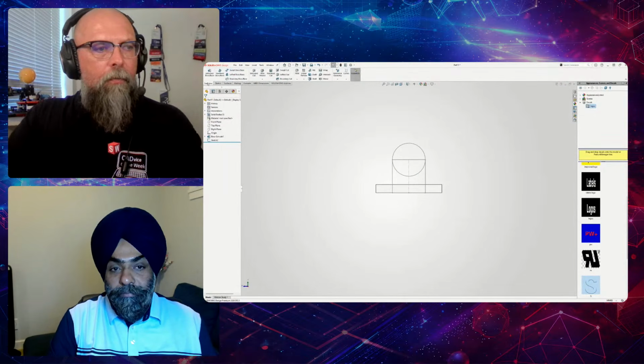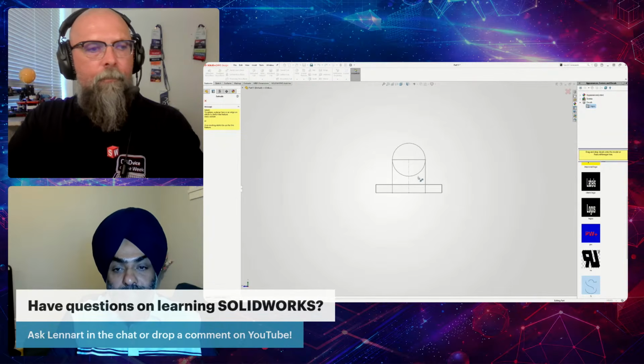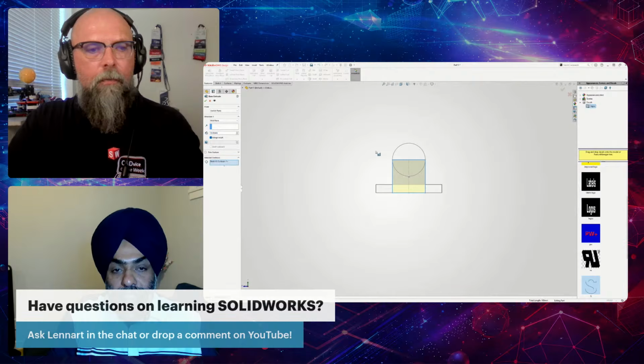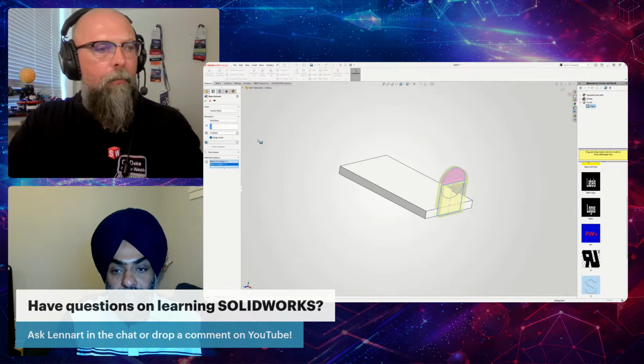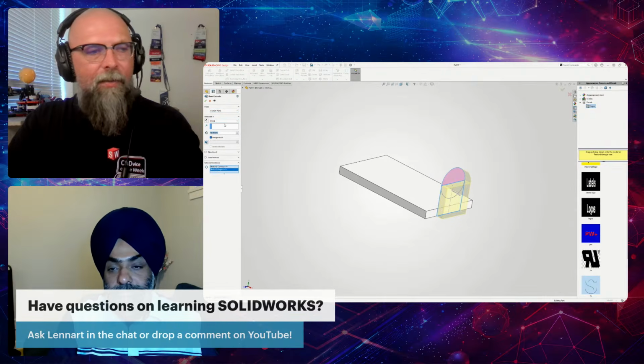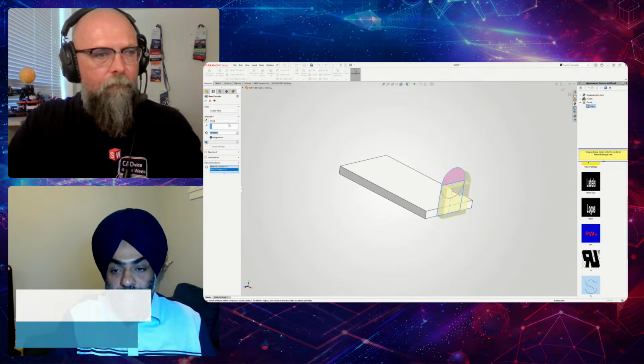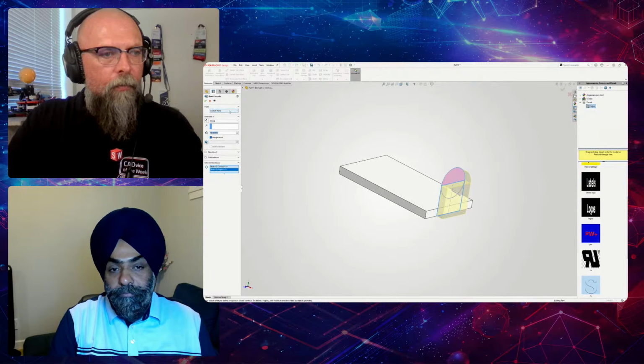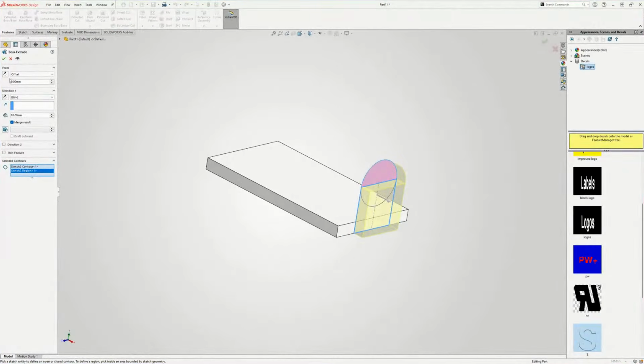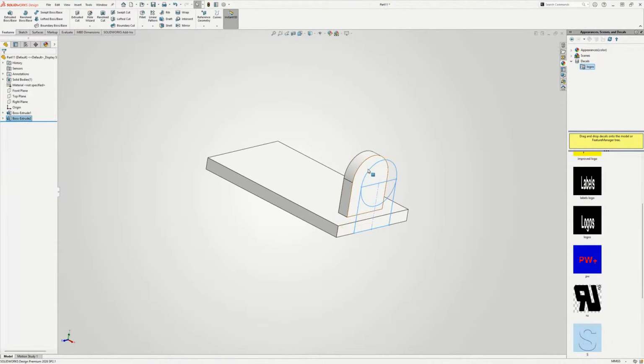So now we can say extrude again. And we want this sketch here. And this time we don't want a mid plane. So we just want this, and we're going to use the offset once again. There we go. That's perfect. Just do a quick one. And then we can create a sketch,